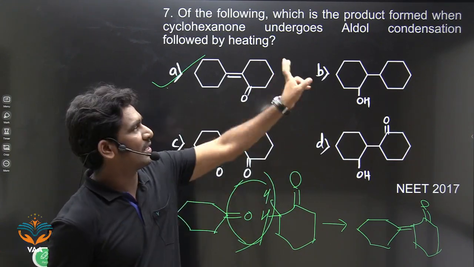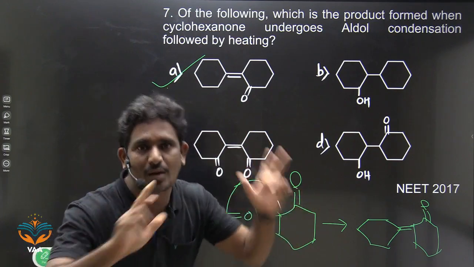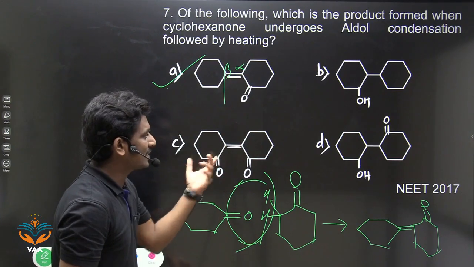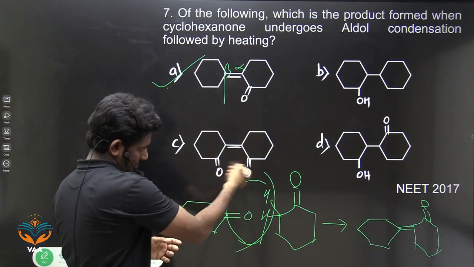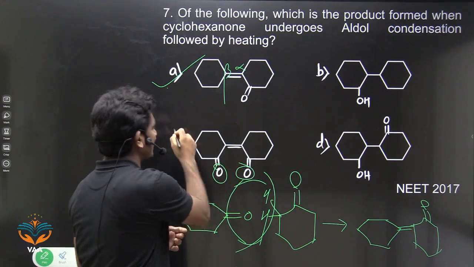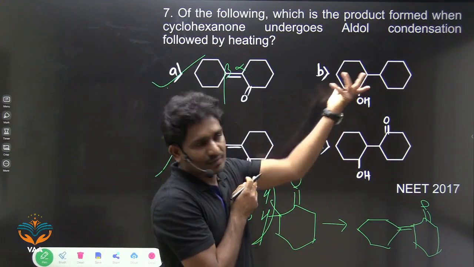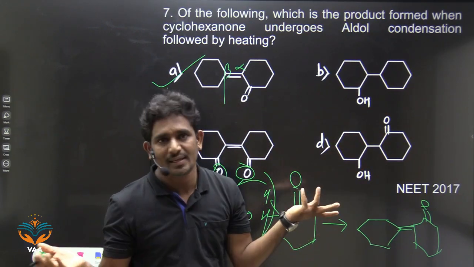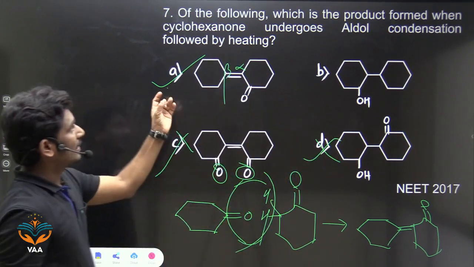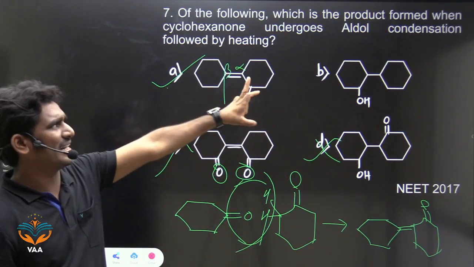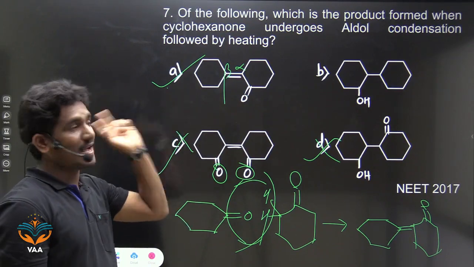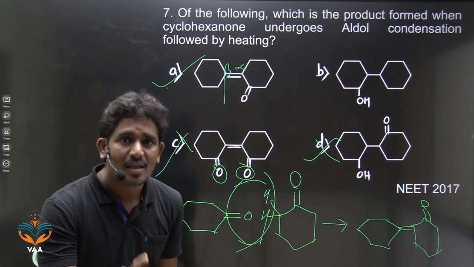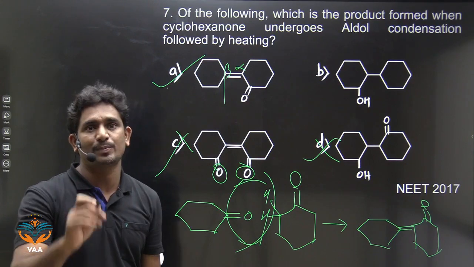If you know the final product of aldol condensation, you can directly write it. What is the final product of aldol condensation? Alpha beta unsaturated carbonyl compounds. So look, this is alpha, this is beta, alpha beta unsaturated. Is it like this? No. Here there are 2 carbonyl compounds, that is not possible. This has a carbonyl compound but it is not alpha beta unsaturated, so that is also not the answer. The very important reaction is aldol condensation. What is the reagent for aldol condensation? Dilute NaOH. What is the condition? At least 1 alpha hydrogen must be present at an sp3 carbon atom.